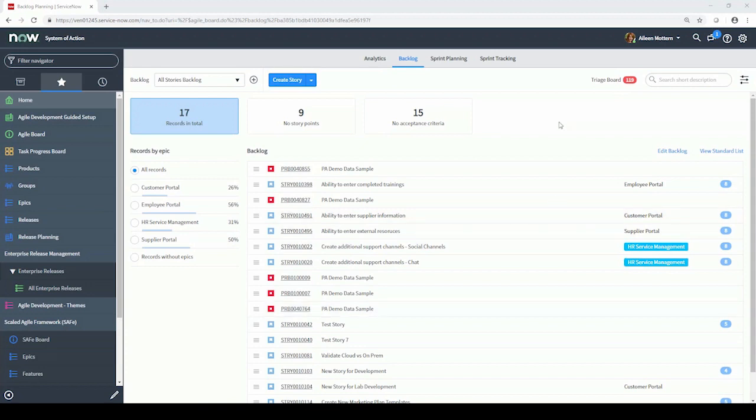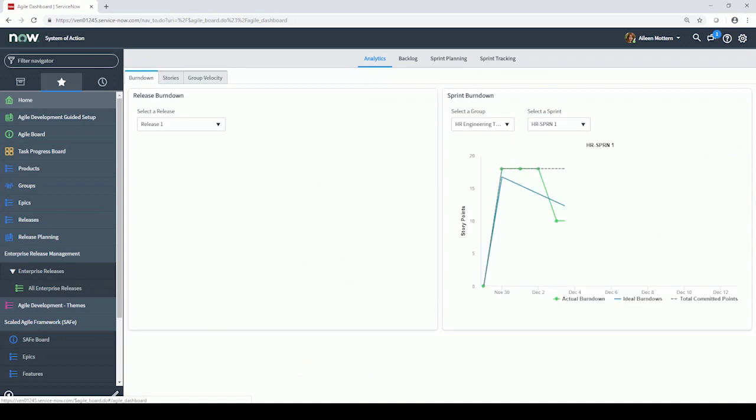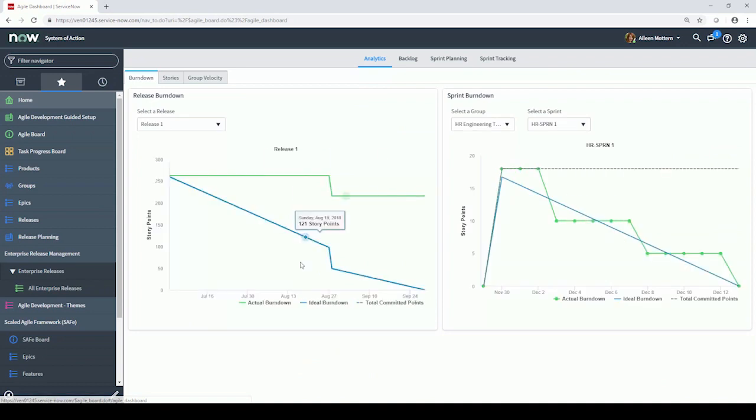I'm going to be walking through, as John mentioned, the hybrid projects and Agile project management within ServiceNow. So I'm currently logged in as Eileen Modern, who is a product owner within our demo environment. And first, I'll talk a little bit about the reporting and capabilities that you see out of the box. This is showing a release burn down and then a sprint burn down,